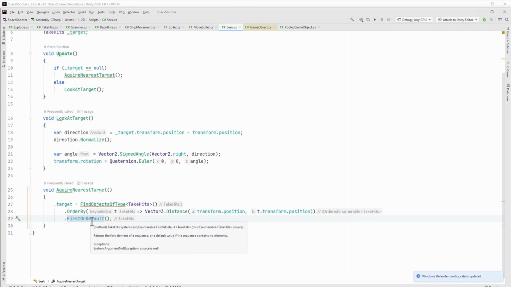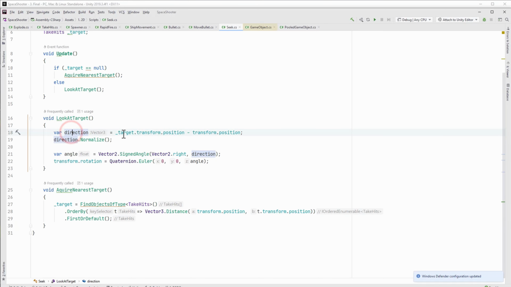So we could get null if there's no object out there, if we can't find anything to hit at all, or we're going to get back the closest one. The next thing that we do is look at our target. So if we've got a target, we found one, we just get the direction by taking the current position of our target minus our position, and then we call dot normalize on it, which is going to change the direction value. It's actually going to modify this vector and set it so that the magnitude is 1,